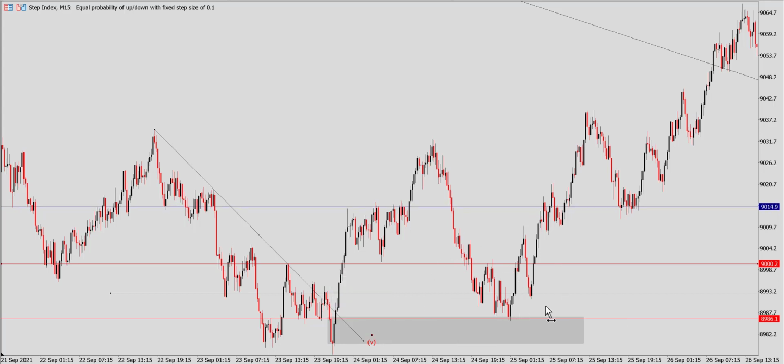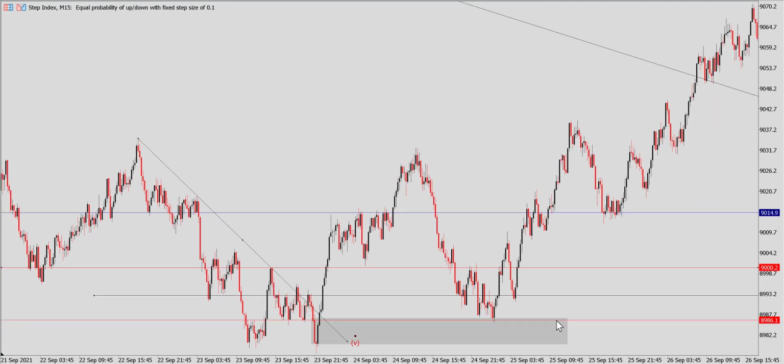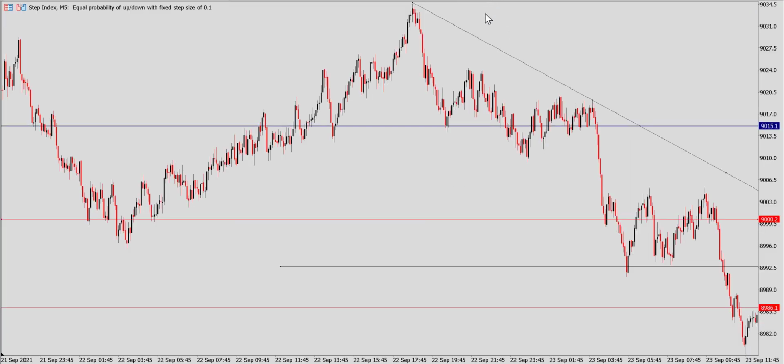orders and they go. Then the second way of trading, a more conservative way of trading the order block, is when price comes back to the open of the order block, you don't immediately place a trade. What you then need to do is see price rejecting the order block and showing willingness to go up. If it then rejects the order block and shows willingness to go up, what you then need to do is